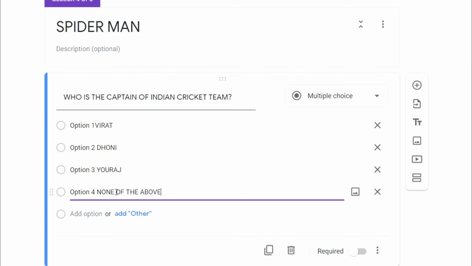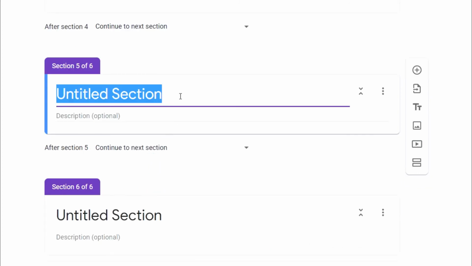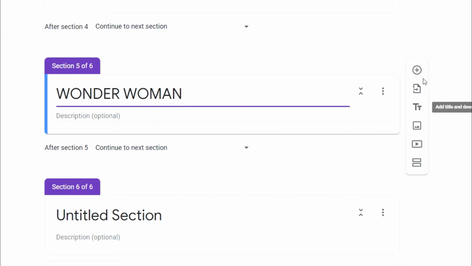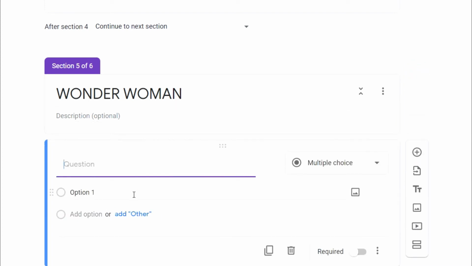above. Create one more set of questions for Wonder Woman, and create question. Who is the Chief Minister of West Bengal?